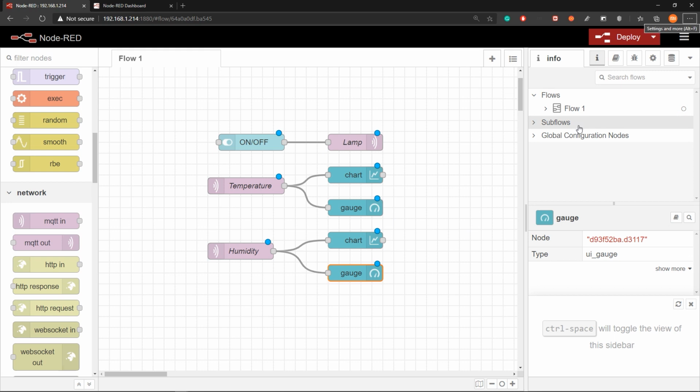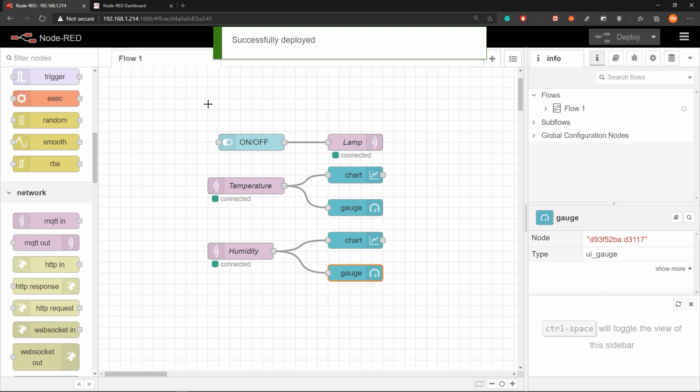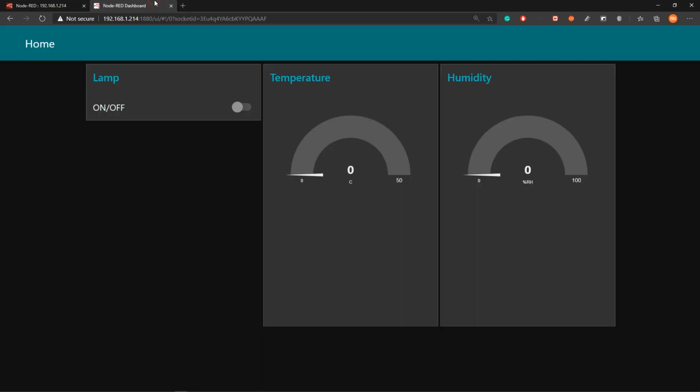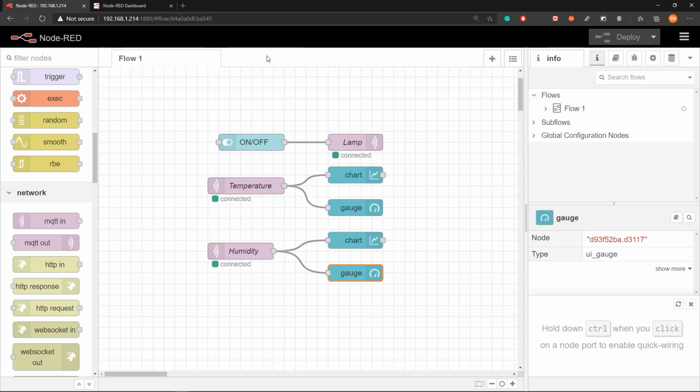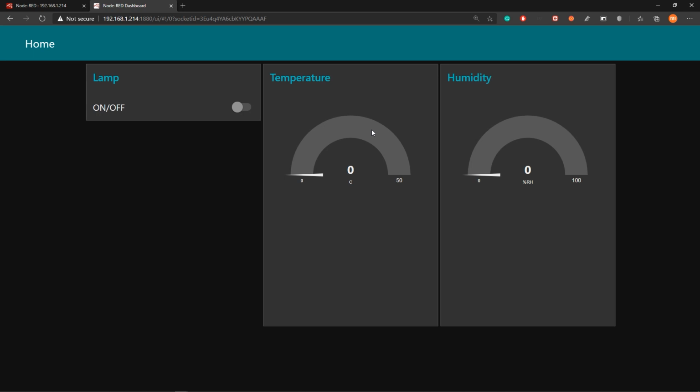Now we have completed setting up Node-RED. So next, click on deploy. So now it says it's successfully deployed. After that, go into the Node-RED dashboard and you will see the output as we have configured inside these nodes. So when we send the telemetry data from the wire terminal, you will be able to visualize the data here on these gauges and the graphs which will be displayed later. And this can be used to turn the LED on and off.